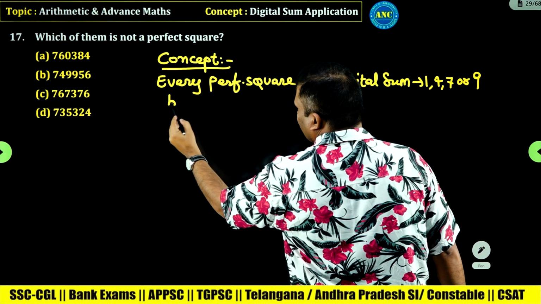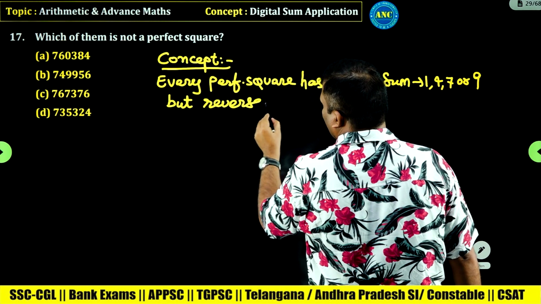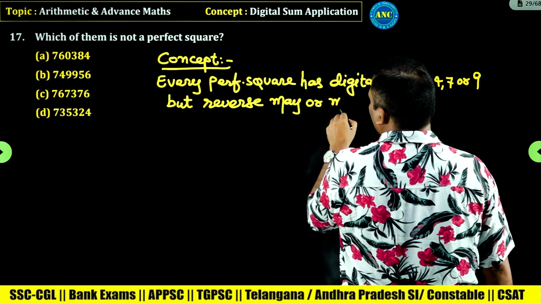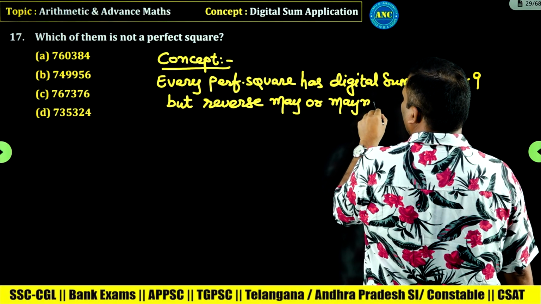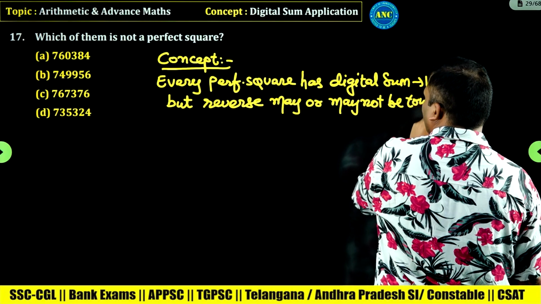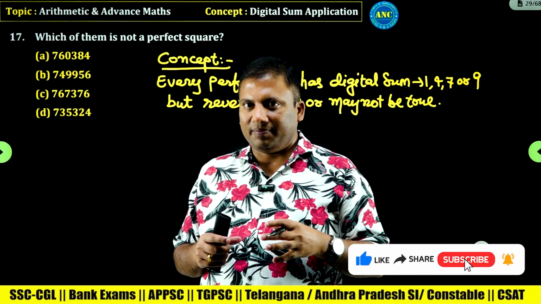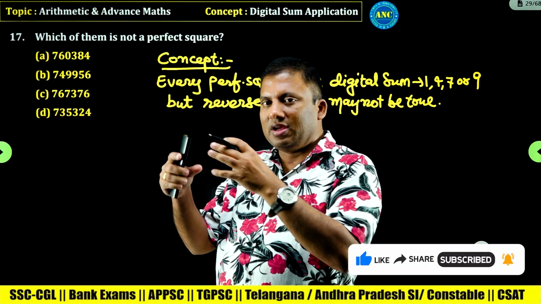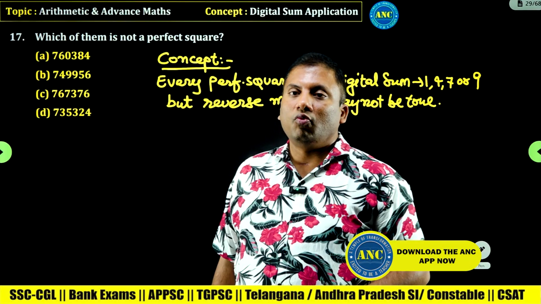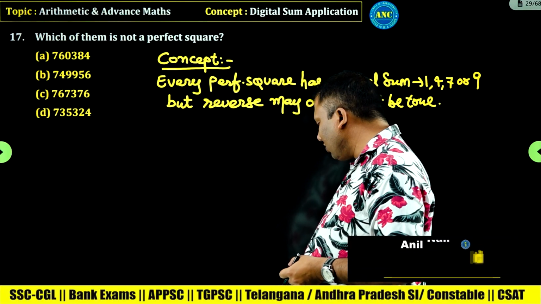But the reverse may or may not be true. What do you mean by the reverse may or may not be true? If the number is a perfect square, it will have a digital sum of 1, 4, 7 or 9. But if the number has a digital sum of 1, 4, 7 or 9, it may or may not be a perfect square. For example,